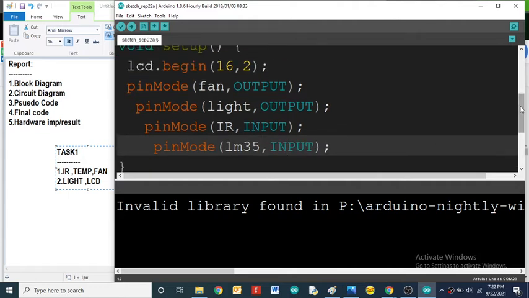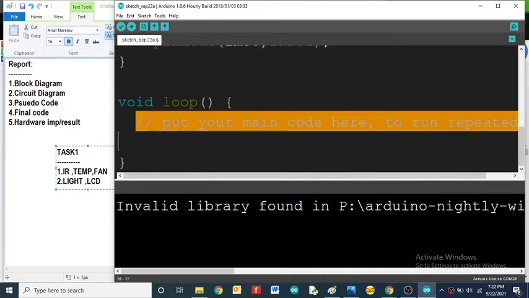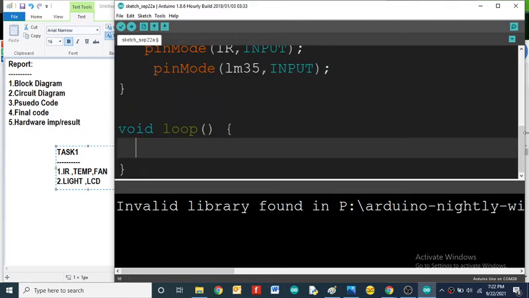We're done with the setup, so then go for the reading. First of all, I will read the status of the IR sensor and the temperature first. Temp is equal to analogRead of LM35.